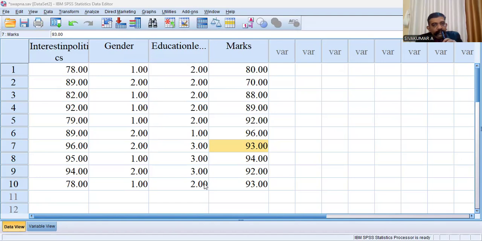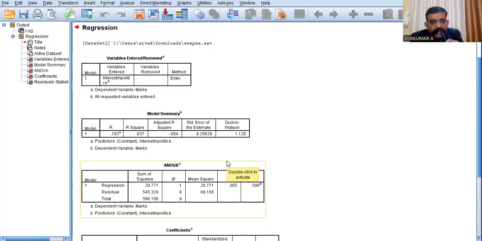SPSS produces the output. I may show the output screen to you. Stop share. Share output. Please see the Durbin-Watson measurement. You can see 1.120. Okay, there's a problem. The standard value related to the Durbin-Watson is 2.